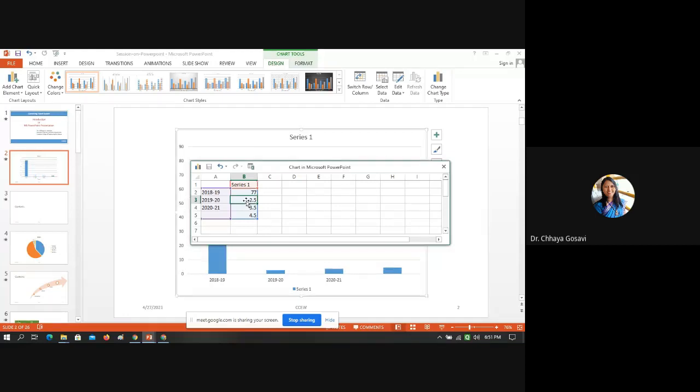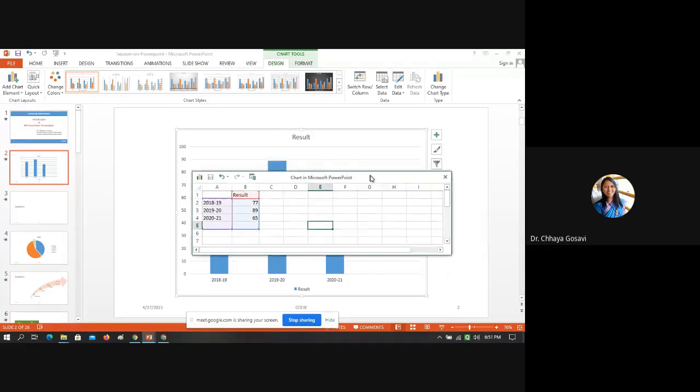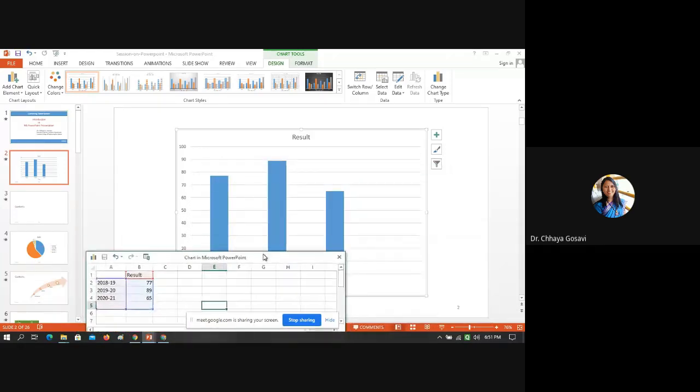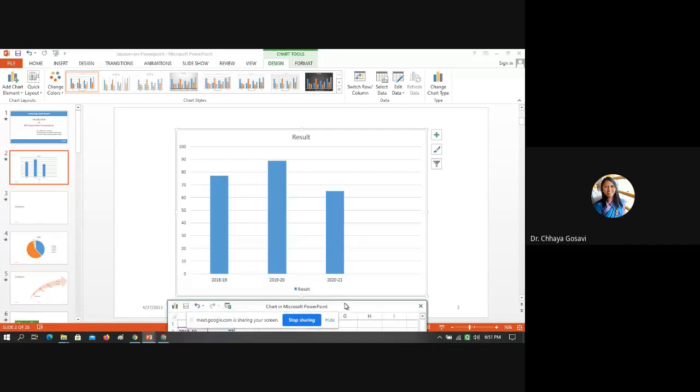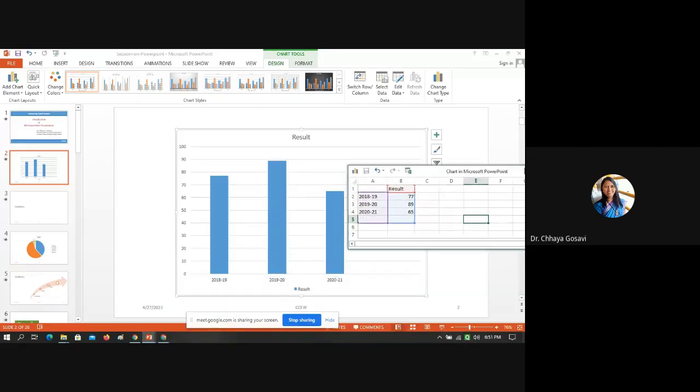Then in 2019-20 the result increased to say 89%, and in 2020-21 it's now 65%. I don't want this third column. This is result. The changes I'm making in this sheet are getting applied to my chart. So I'm modifying this chart, and you can see there is only 1 column, so only 1 bar you are able to see.